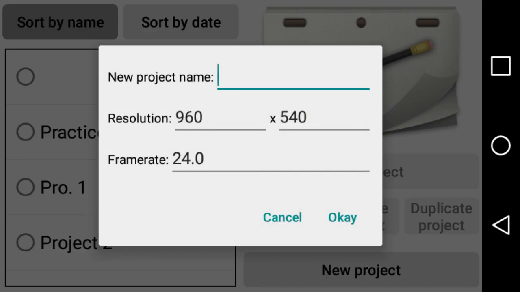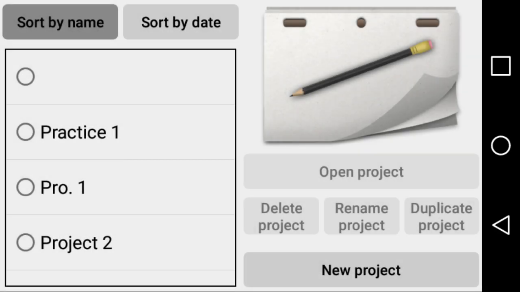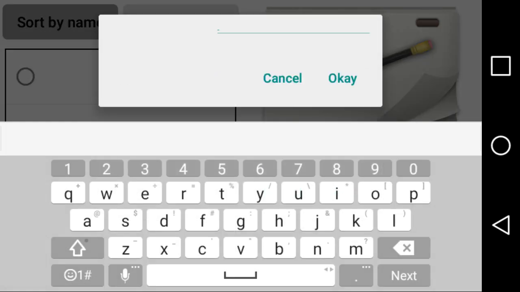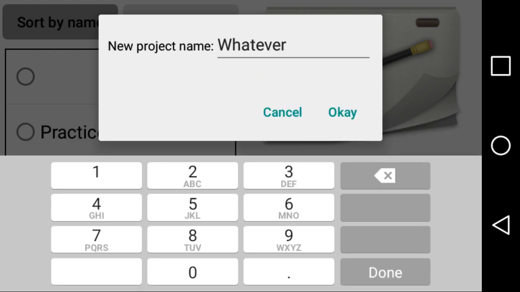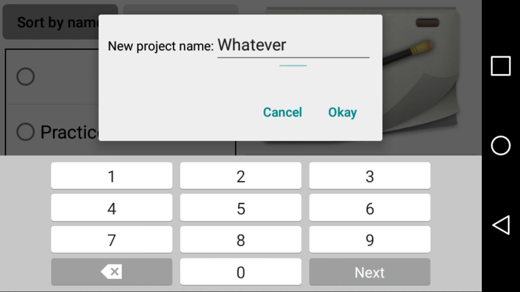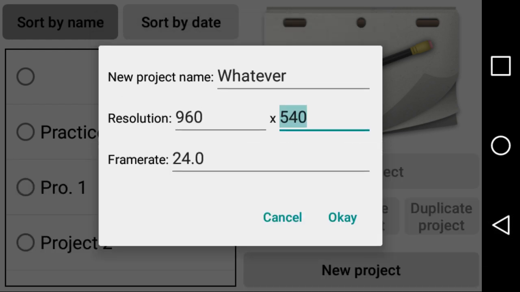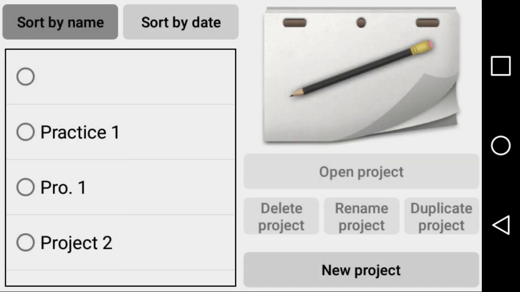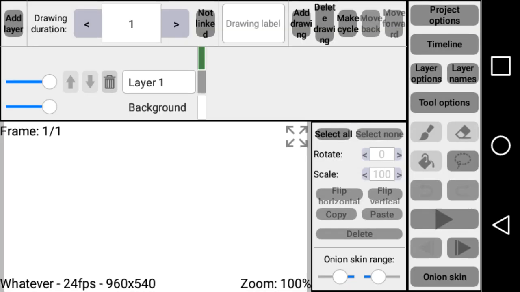Boom. Enter a name, whatever you want to call it. We'll say whatever. Okay. Oh, and also you'll see the resolution, however big you want your screen. Frame rate 24 all the time, unless you check out the older animations. We'll say okay. Okay, now